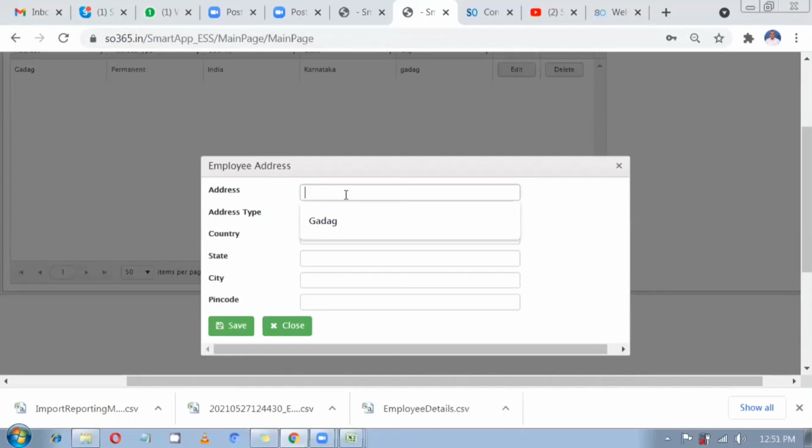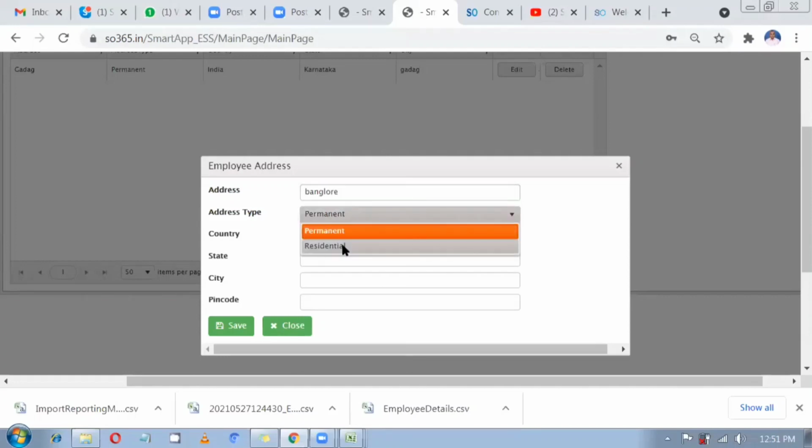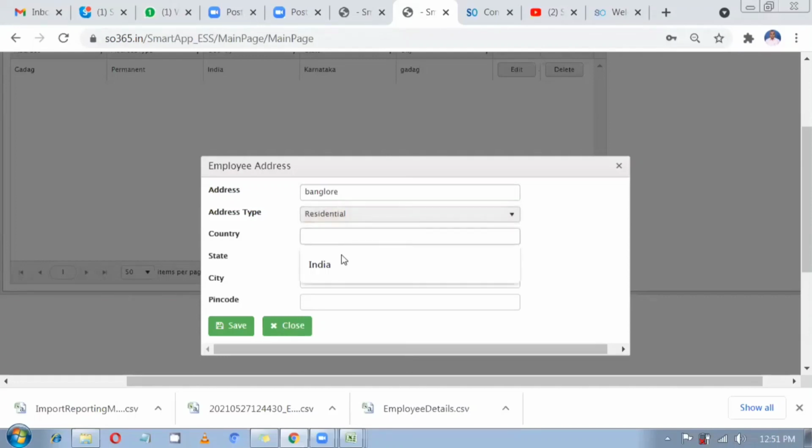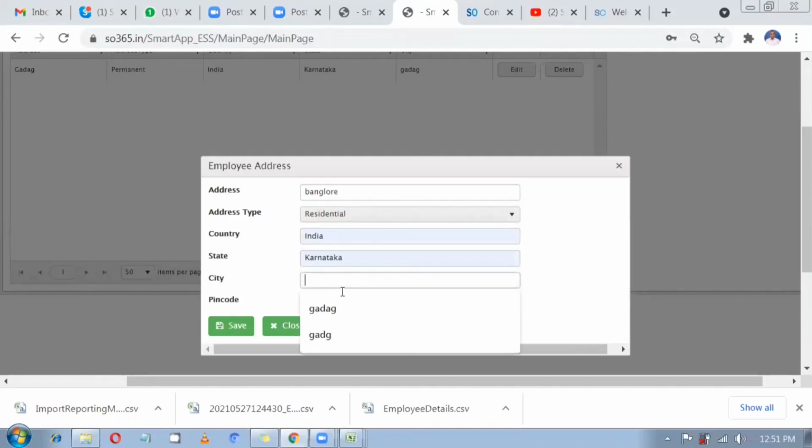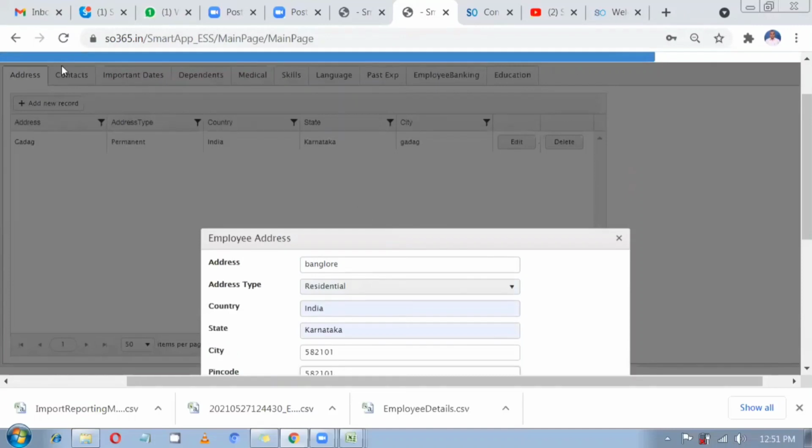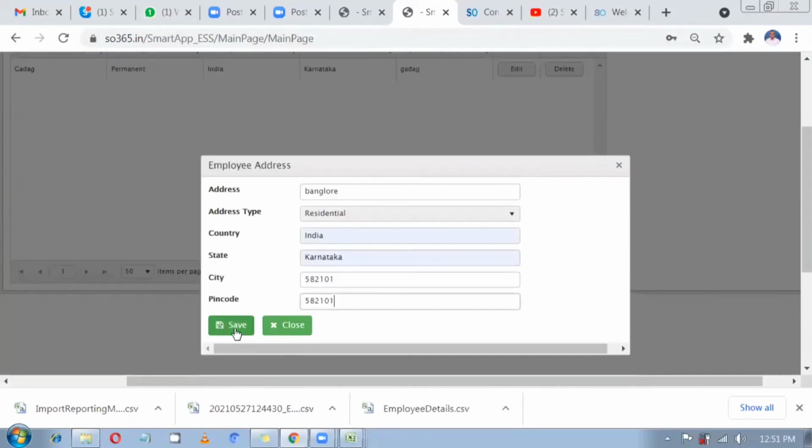If you want to update the employee profile, you need to do it from the employee ESS login, or else the reporting manager should ask the employees to update their employee profile. It might be their address, important dates, skills, languages, or qualification.